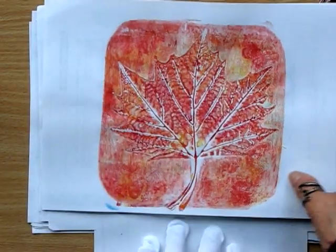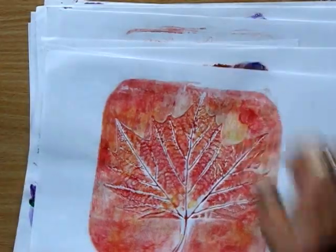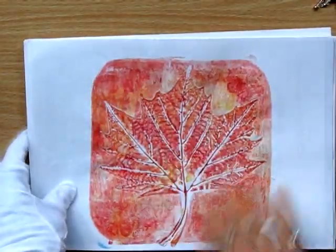So yeah, that's probably enough to show you for now. So if you've got leaves with nice veins on them, have a go because it's really, really pretty. It's really fun. And they turn out really well if you rub into the veins. So that's it